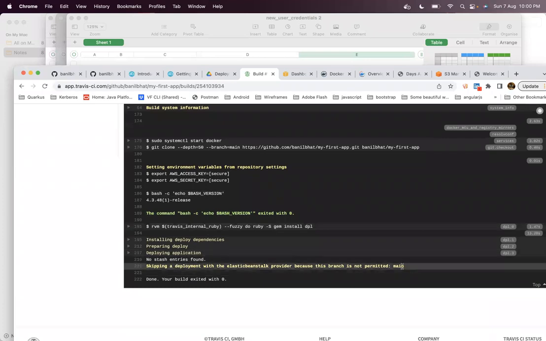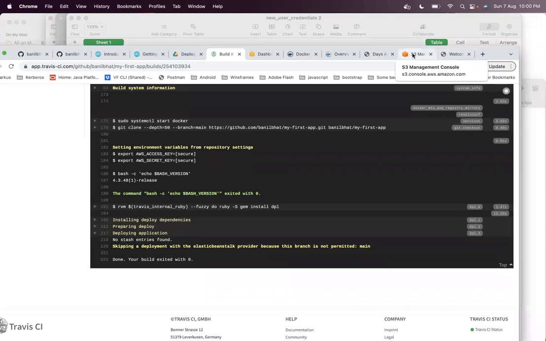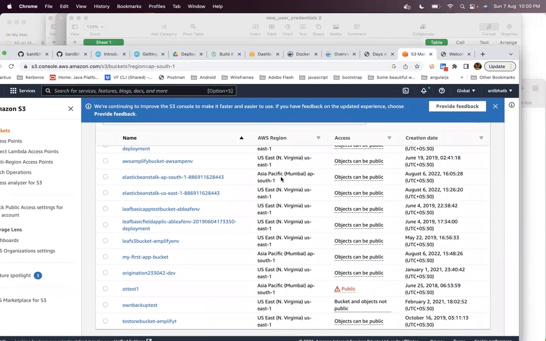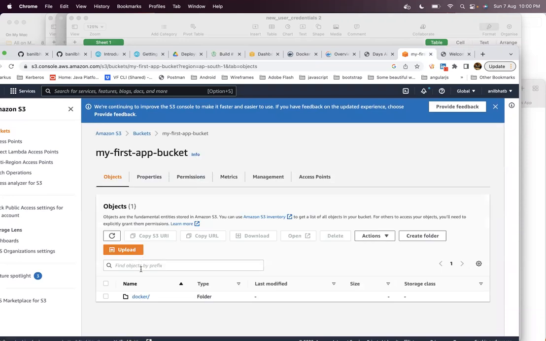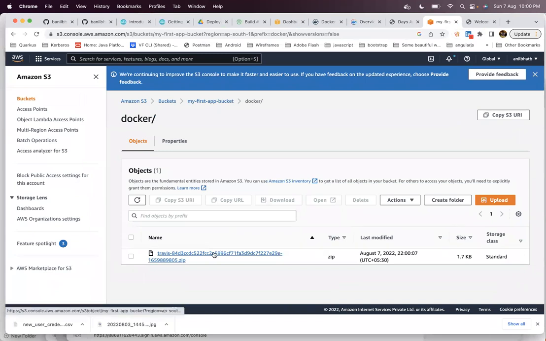And this is something peculiar. It comes like deployment is done, your build is done, right? Now the build is done. Now go to the S3 bucket, your bucket, inside the Docker folder. See, now you can see that the build bundle was deployed to S3. So this is the bundle that was deployed to S3. And let's go